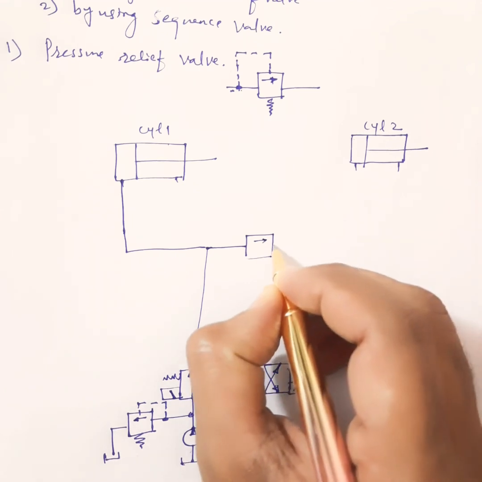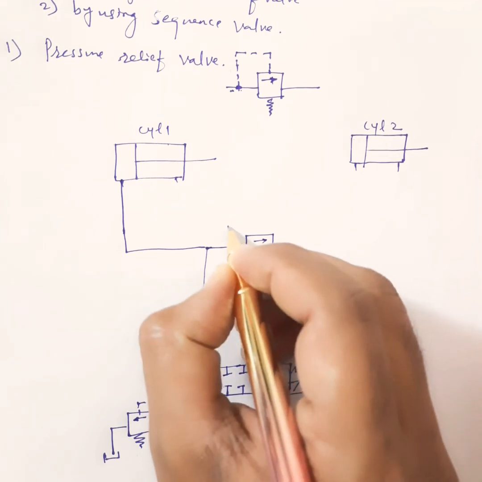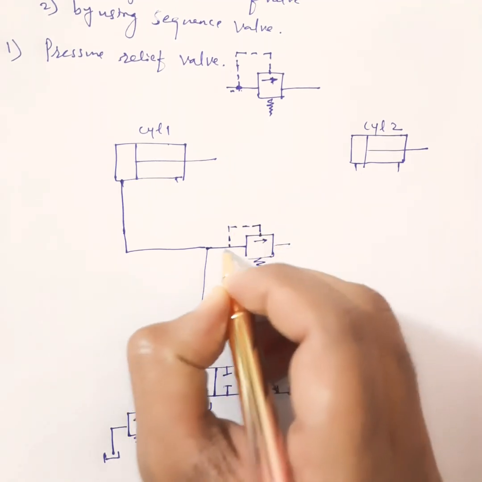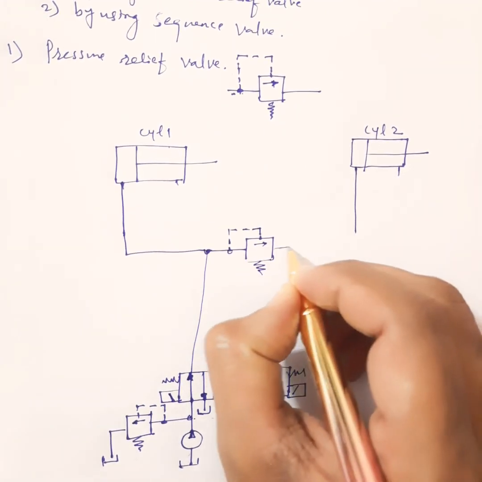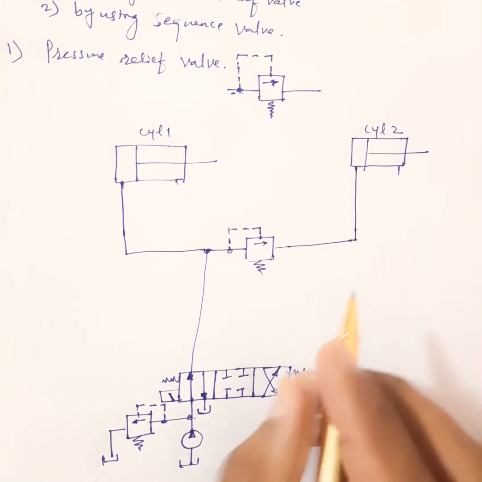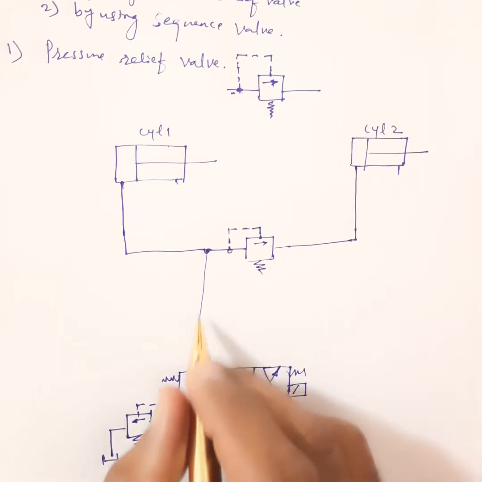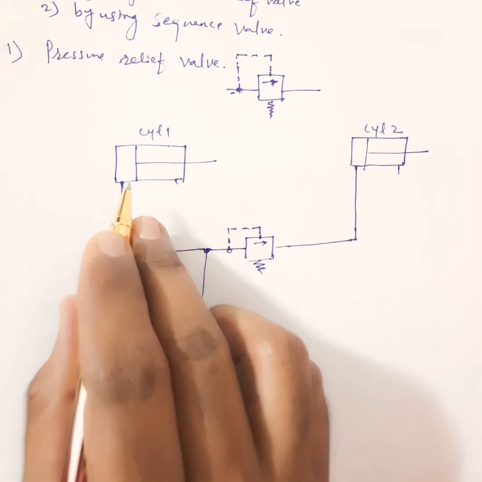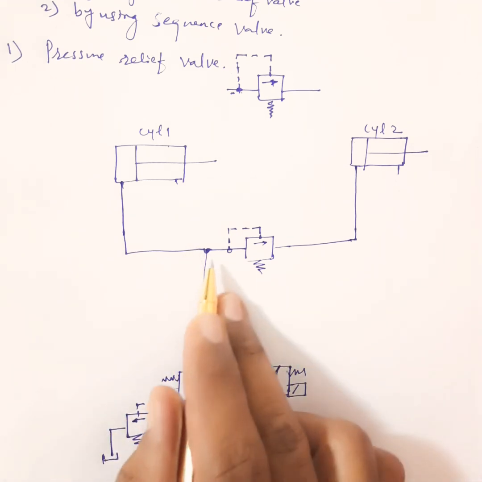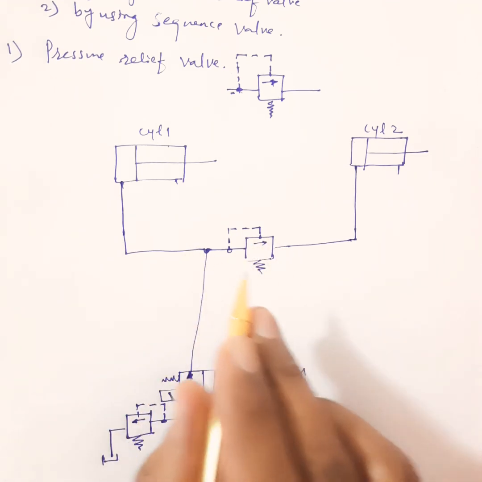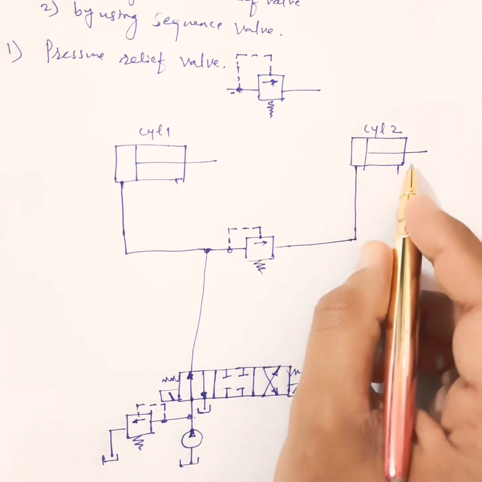So this is a pressure relief valve, and this is a pilot signal for the pressure relief valve, and through this pressure relief valve we will supply the fluid to cylinder 2. Okay, so here it is. Now when DCV is in first position, fluid from the pump goes to cylinder 1, piston will extend. When piston reaches the extreme position, in this line the pressure will get increased, then this pressure relief valve will open. It will allow the fluid to flow to cylinder 2, and piston 2 starts extending.